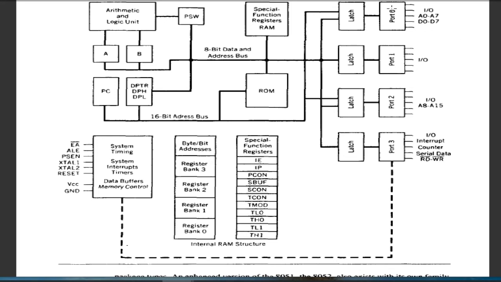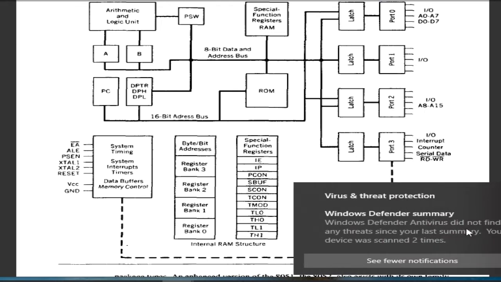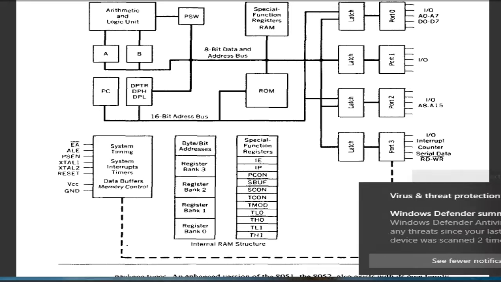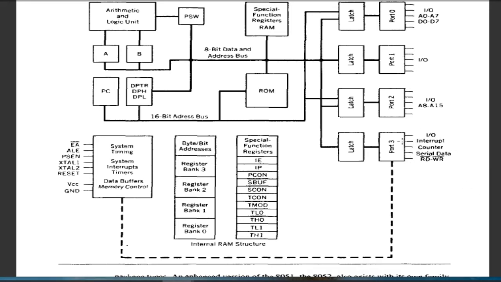So here you can see port 0, port 1 and port 2. These three ports are used in input output mode. Actually, four ports are used in input output mode. But to this fourth port, port 3, some special function pins are connected, and with port 0 and port 2 the address bus is there, and then the data bus is provided only with port 0.